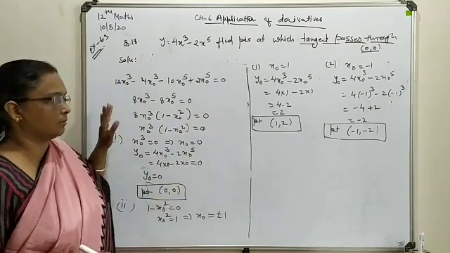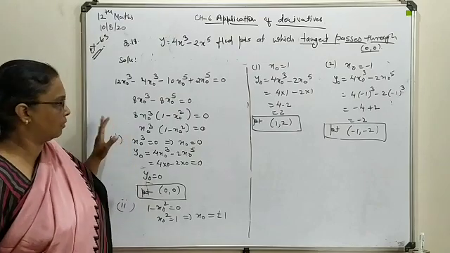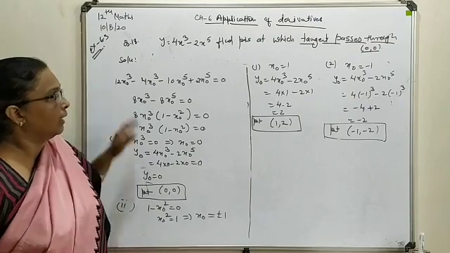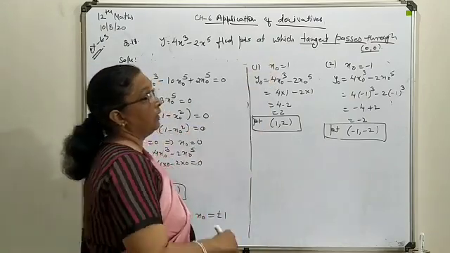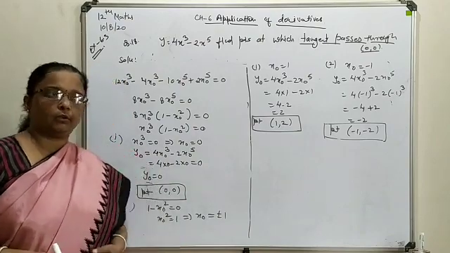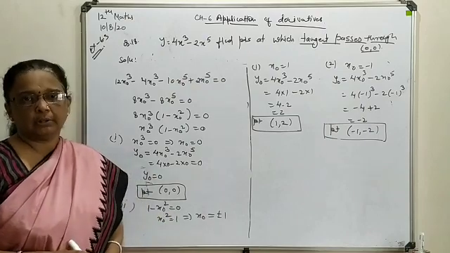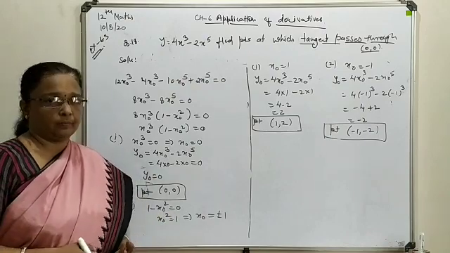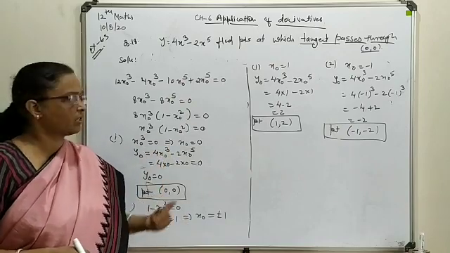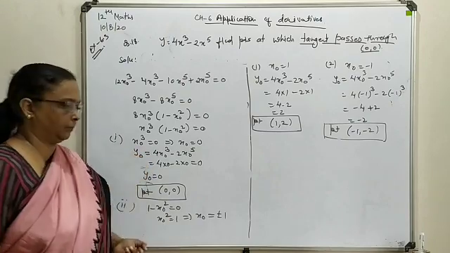So this is one of the important questions. I repeat, many times this question has been asked in your board exam because of this condition that any tangent passes through the origin. Up to now what we have found out, we have evaluated equation of tangent, equation of normal at particular point. But here the situation is quite different, and that's why this question is an important one.